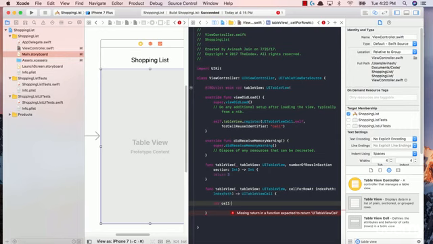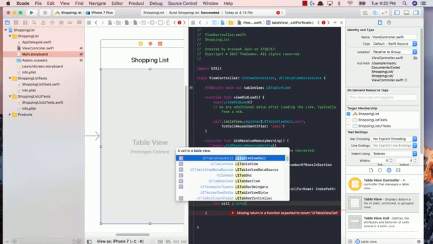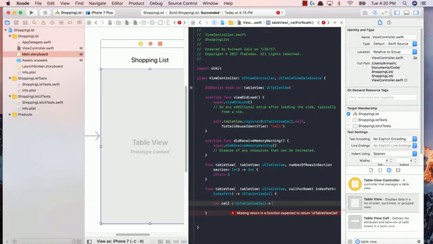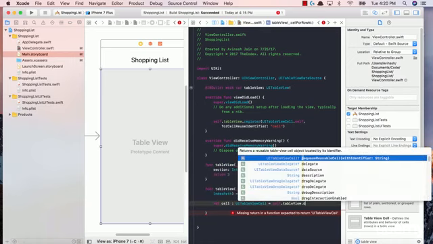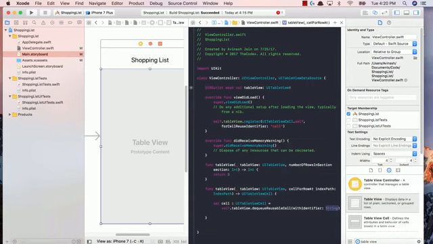So I'm going to say var cell, which is going to be type UI table view cell, is equal to self.tableview.dequeueReusableCell. Okay? So this is a new concept that some people don't know about. What dequeueReusableCell allows you to do is, when you have a bunch of items in your table view, let's say you have 100 different rows,